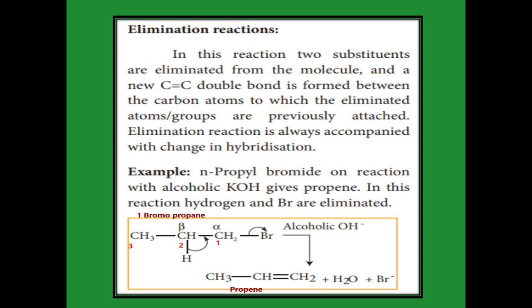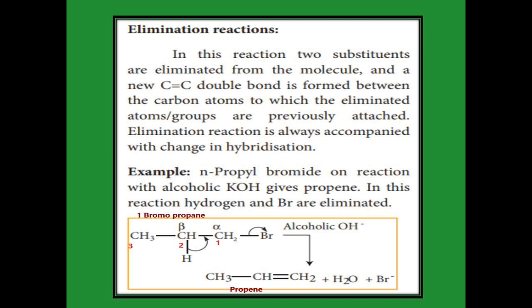We get the elimination reaction when certain compounds react with alcoholic potassium hydroxide or alcoholic sodium hydroxide, giving unsaturated compounds. How do we get the unsaturated compound? The alpha carbon eliminates the functional group and the beta carbon eliminates the hydrogen. So we remove two substituents so that we get the double bond. So it is called elimination reaction. We eliminate two types of substituents here.